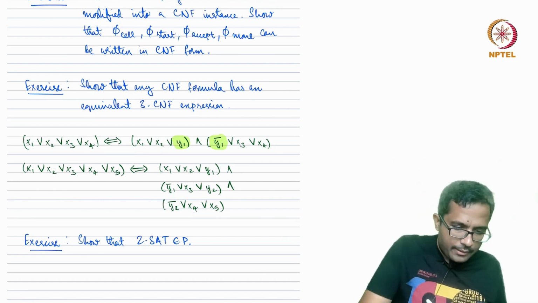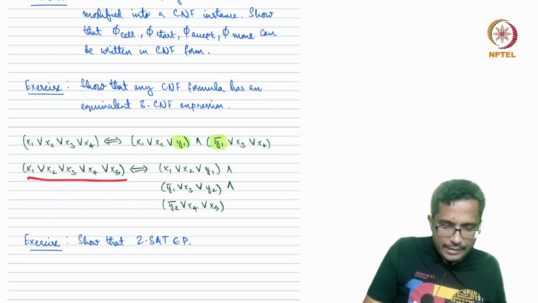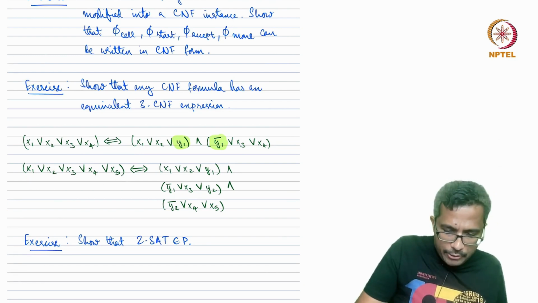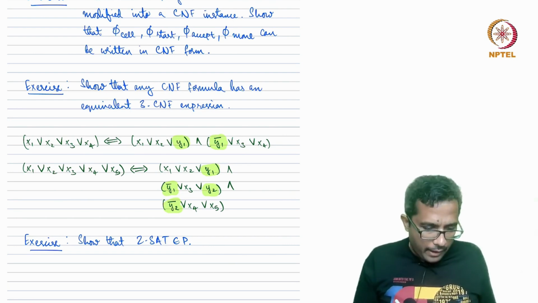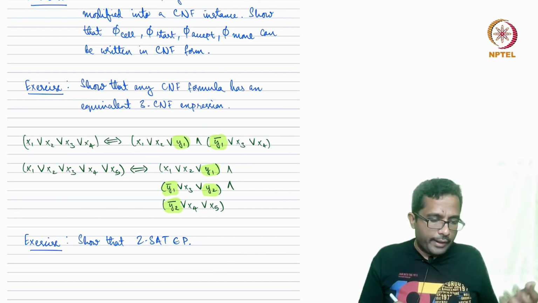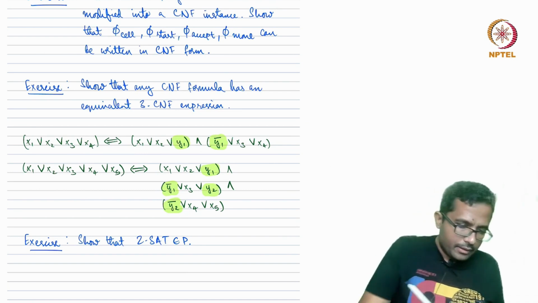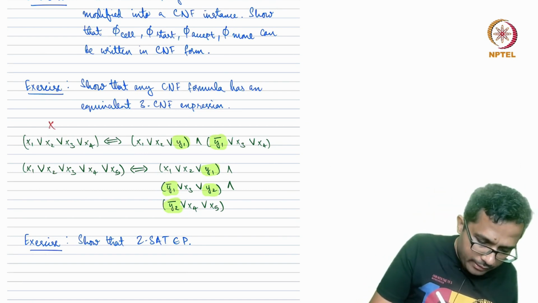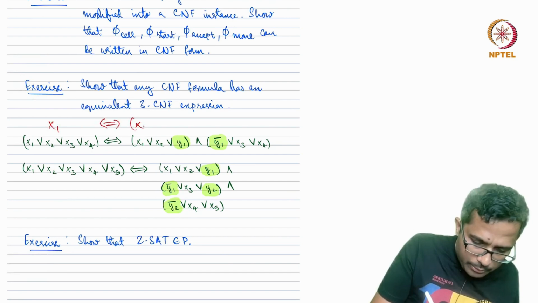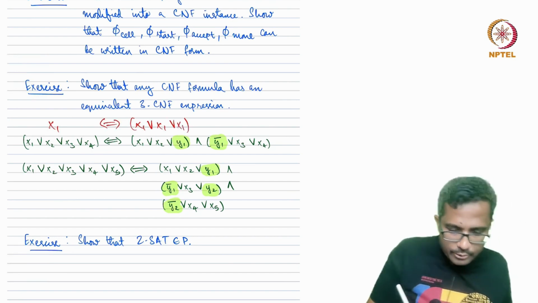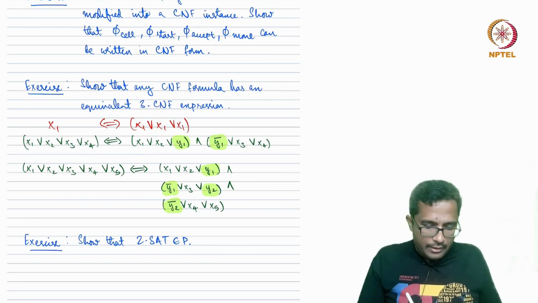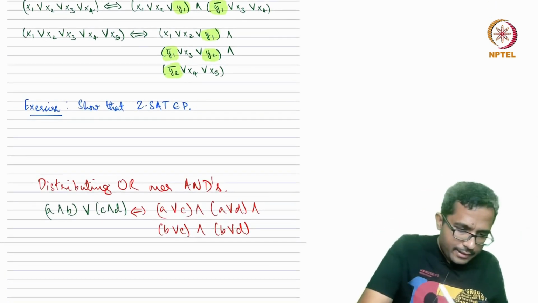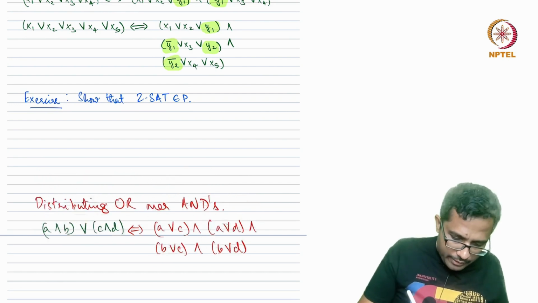And similarly, when we have a clause of 5 literals, we can do the similar thing by introducing 2 new variables y1 and y2, which connect all these 5 original variables. And if there is a clause that contains only 1 variable, so if you have something like x1, you can map it to x1 or x1 or x1. And if there are 2, you can repeat one of them. So that is another exercise. And finally, one more thing that I want to mention is that